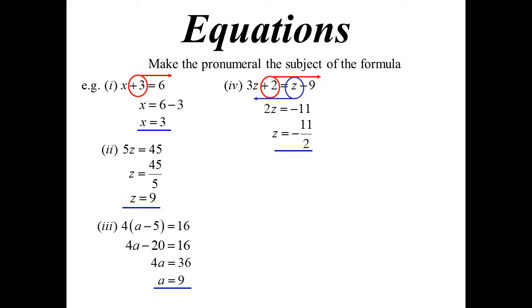Some people are obsessed with making the mixed numerals. As you can see, I'm not one of them. 11 over 2 is a perfectly fine answer. The only time I'll change it to a mixed numeral, I guess, is the context of the question. Like if this was a measurement question and someone was saying how long, well, you're not going to get a negative number, but how long was this bit of wood or something? I'm not going to say, oh, it's 11 over 2 metres long. I mean, it makes more sense to say, oh, it's 5.5 metres long. So the context of the question, I might change it to a mixed numeral, but generally I'll leave it as